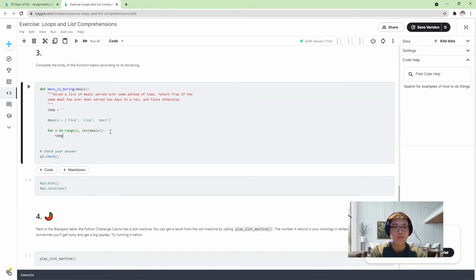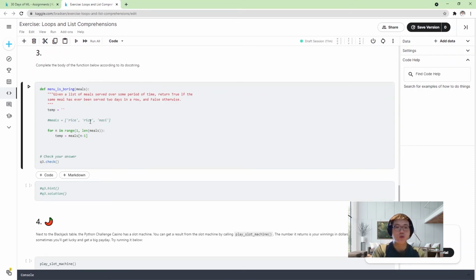So now temp should be the first element, which is n minus 1. So now n is actually 1, right? Index 1. So 1 minus 1 equals 0. So temp will take the first element inside the list, which is on index 0. Then you will do a comparison. If temp equals to menu,